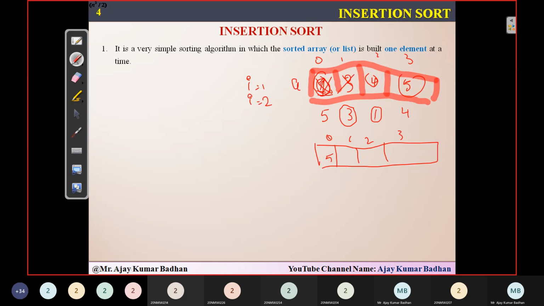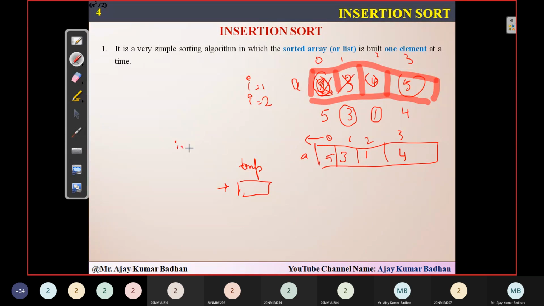So we have 5, 3, 1, 4. What we are going to do is take one temporary variable. We are going to take a temporary variable here, so some memory is allocated to that variable. Now we will assume that this is the place where we have to keep the first smallest element, right? This is the location a of 0, where I want to place the first smallest element present among these.